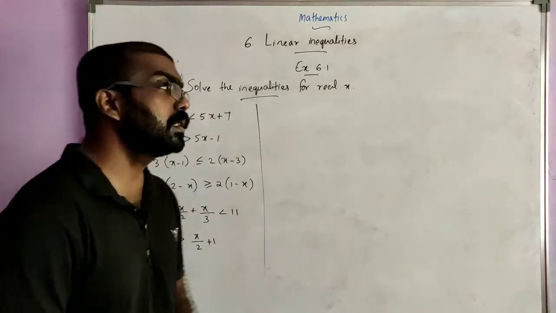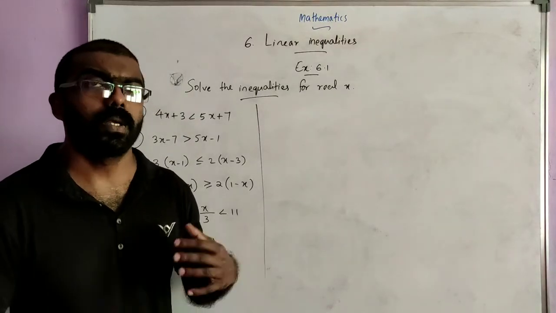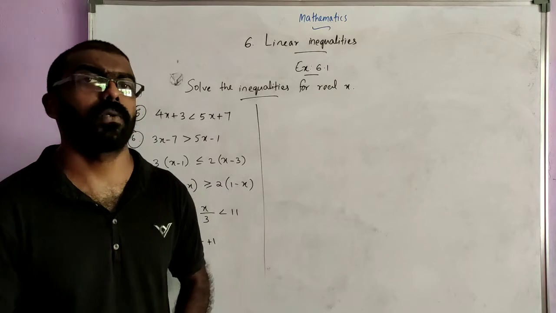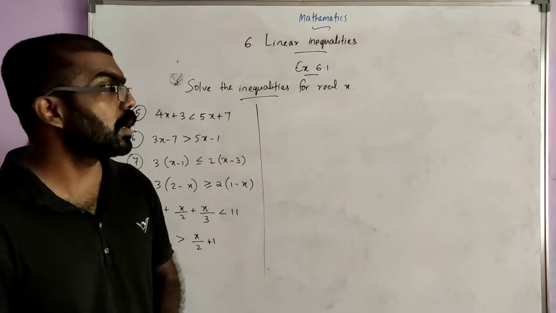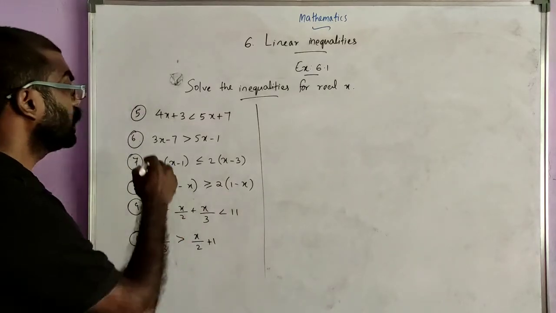Here the next question is solve the inequalities for real x. So here in each question we have to write the solution in interval form. We have to solve for real x. So question number 5 is